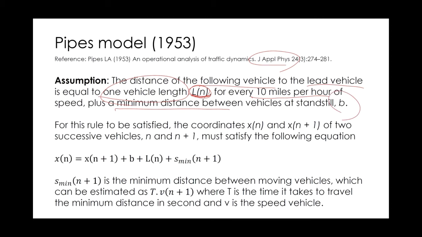So if the 2 vehicles are totally stopped, let's say in congestion, they don't necessarily touch each other from the front bumper to the rear bumper, right? If you're still stopped, you still have some minimum distance between the two vehicles when they are at standstill, and that is usually represented as b. So the way we can mathematically write that as a rule to satisfy this assumption is that we say,